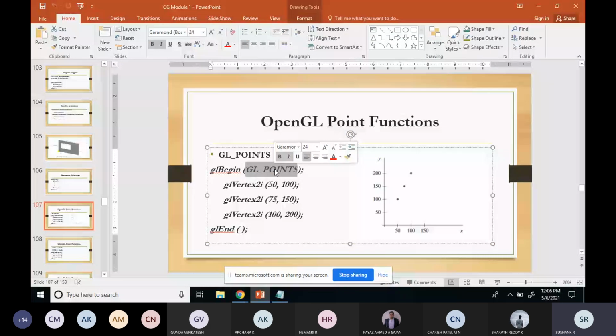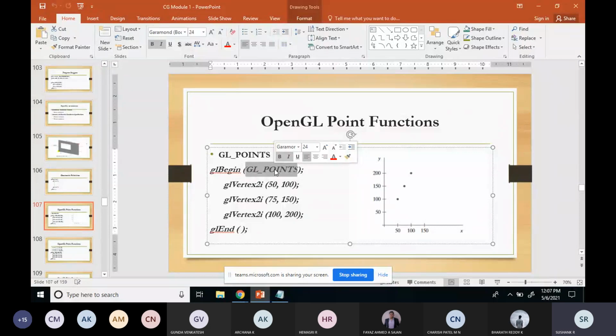We will see this also. It's not that I will stop at this point only. I'll just install the software and we'll run it in the system also, and we can check that. Regarding changing attributes, you know that if you want to change the color, you can change it with the GL color function. What it will do is, whatever current color is there in the state list, that will be displayed.